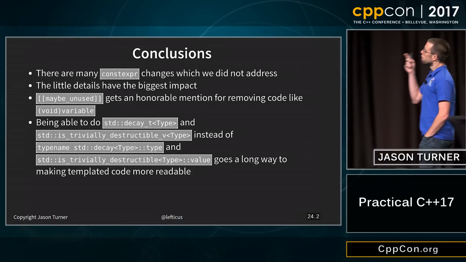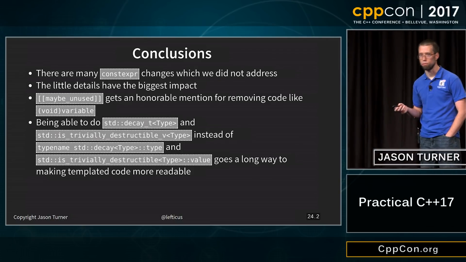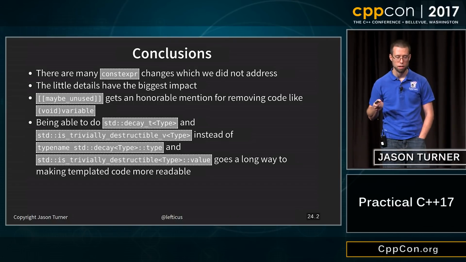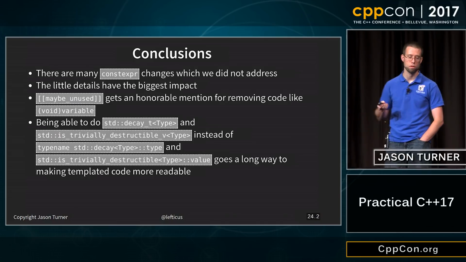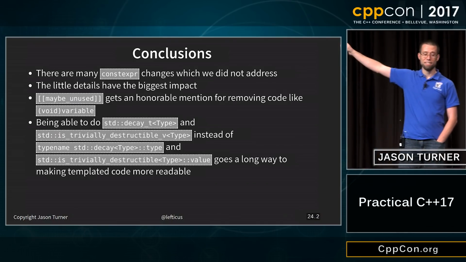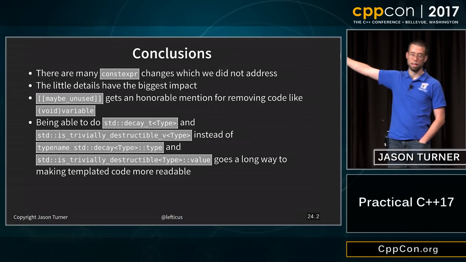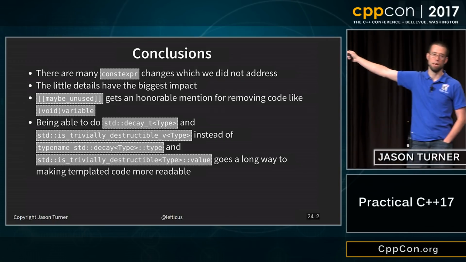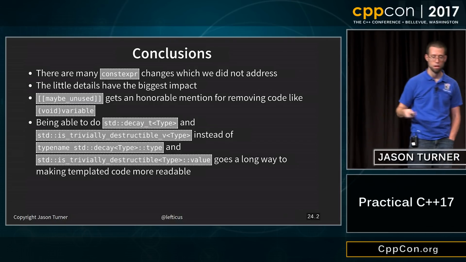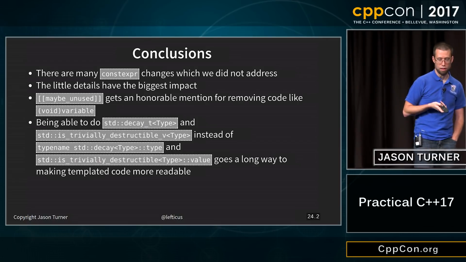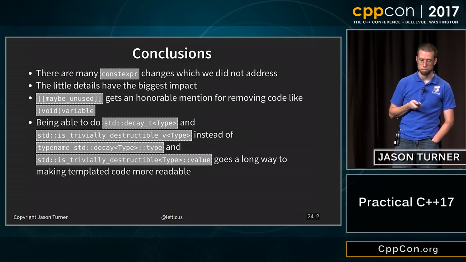So we're able to do maybe_unused instead of casting a variable to void to get the compiler to stop complaining at us if it's something like a variadic expansion and we don't know if a variable is going to be used. Being able to do decay_t instead of typename std::decay::type. This was added in C++17, decay_t and the _t and the _v helpers. And yeah, that made my code way more readable in my heavily templated stuff.